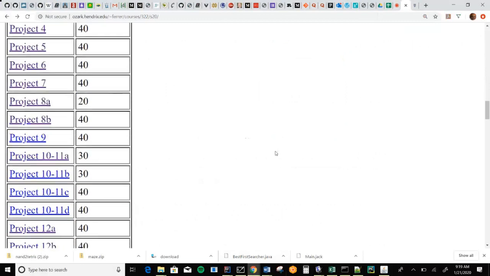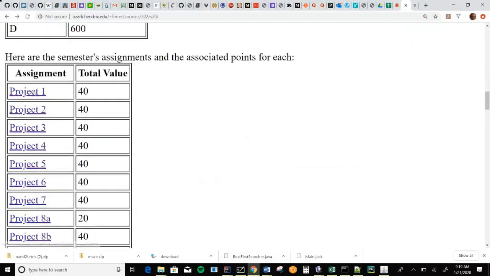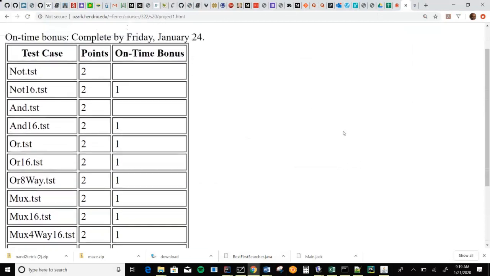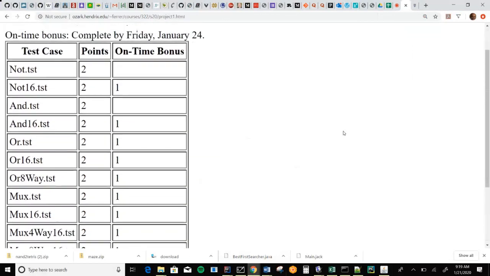Yeah, cool. All right. So if I click on project 1, you can see the point scheme for this assignment. Like I said, for the full credit, you want to complete it by Friday. What I really recommend, of course, is that it's the first week. You've got so much time. If you don't have a class after this one, an excellent time to start on this is about 9:35.